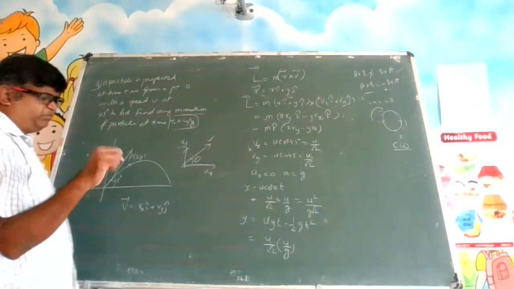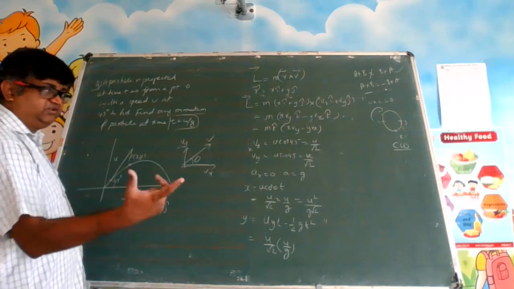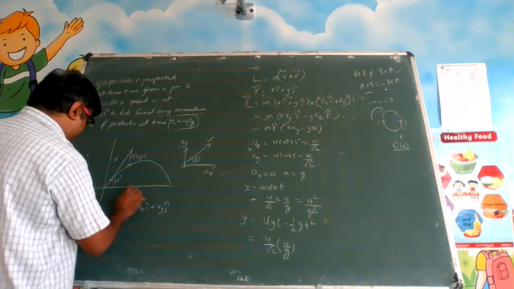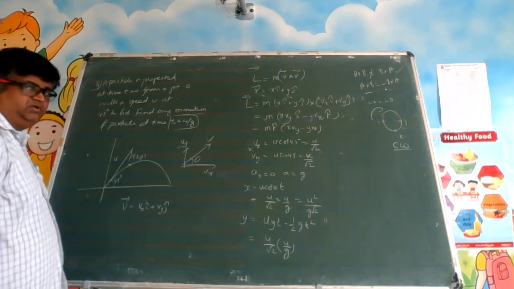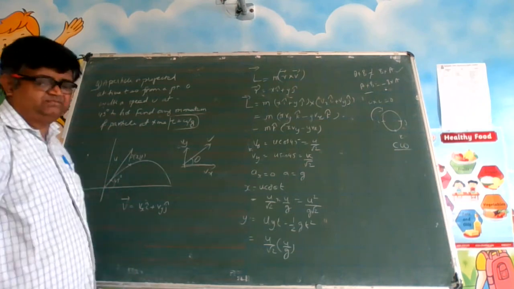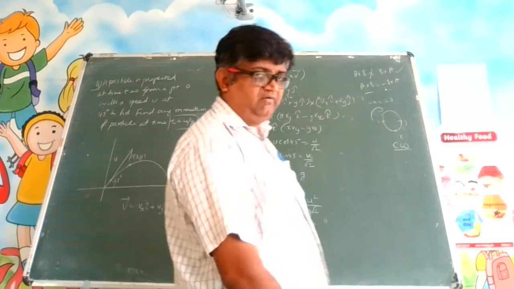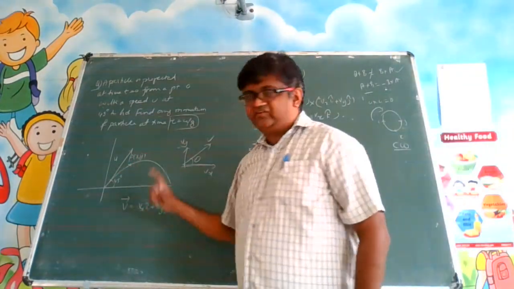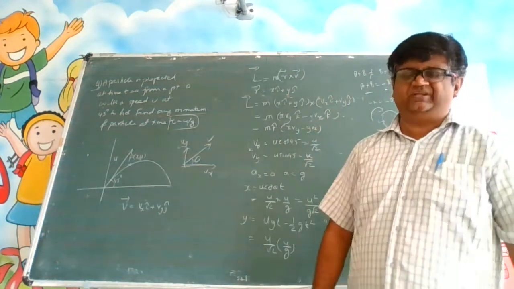See, the very important point. If I ask you about 5, after 5 seconds, where is the location? If it has traveled 5 seconds in x, it traveled 5 seconds in y also, no? It did not travel for 7 seconds in y. If a particular location of the particle is x comma y, the time has to be the same.